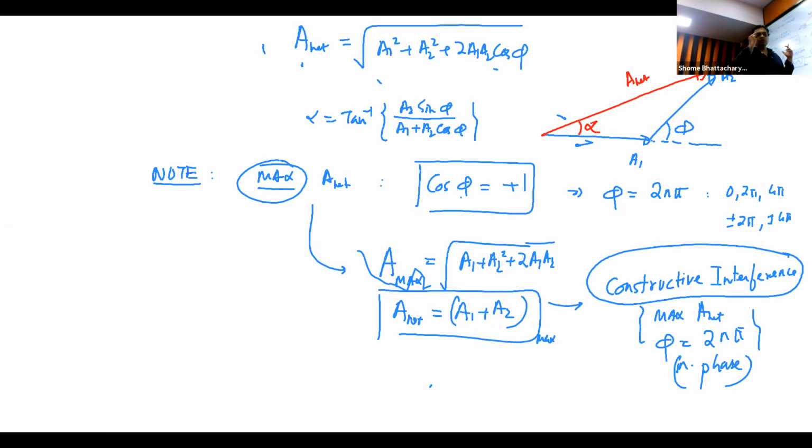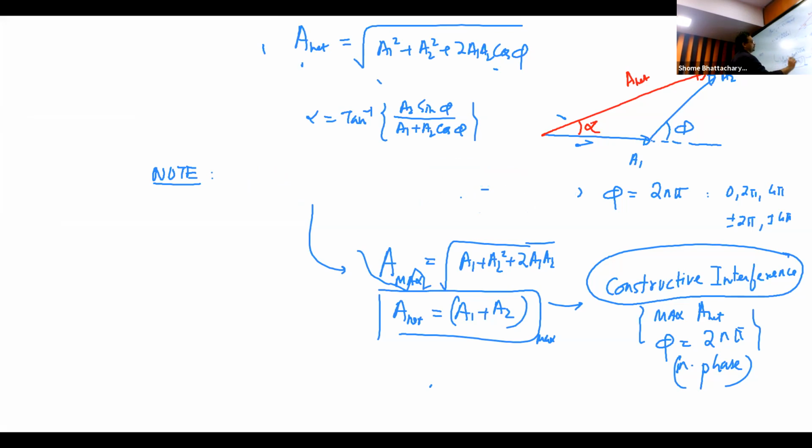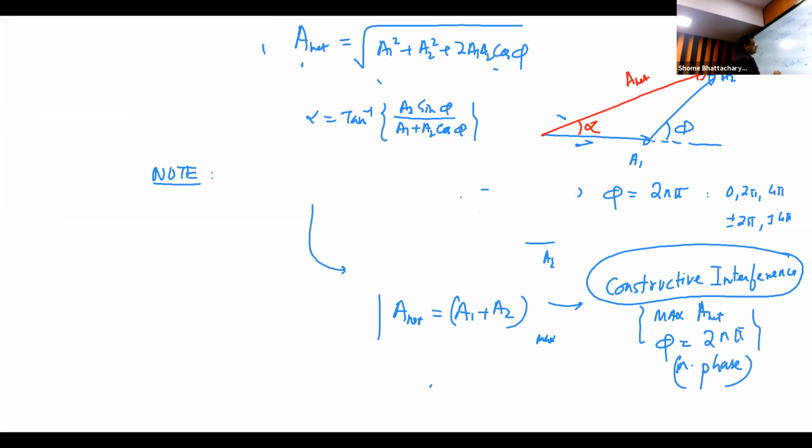Okay, and these concepts that we are learning about interference here are not only useful for this chapter of transverse waves, but they will again repeat in sound, and they will again repeat in wave optics also. So it's very important, as it has a lot of weightage in your understanding of physics. So it's very important that you understand these concepts properly. This is clear, I hope, for all of you, right? So constructive interference is the first special case of interference. Now the next special case we will look at is, like you correctly said, destructive interference.